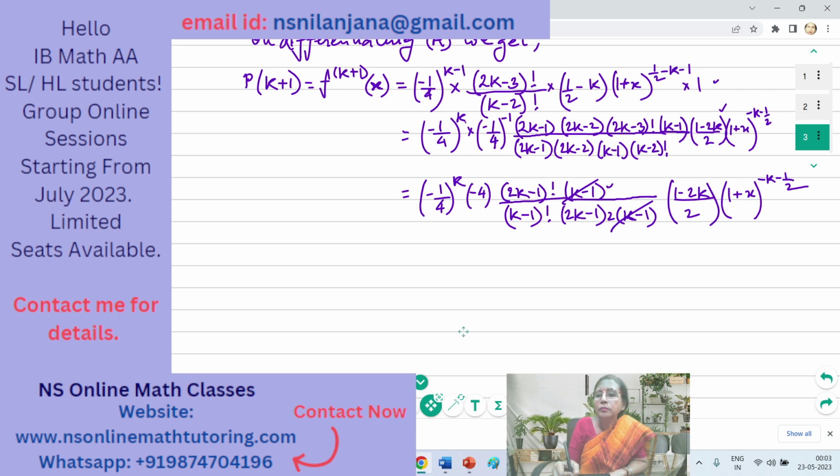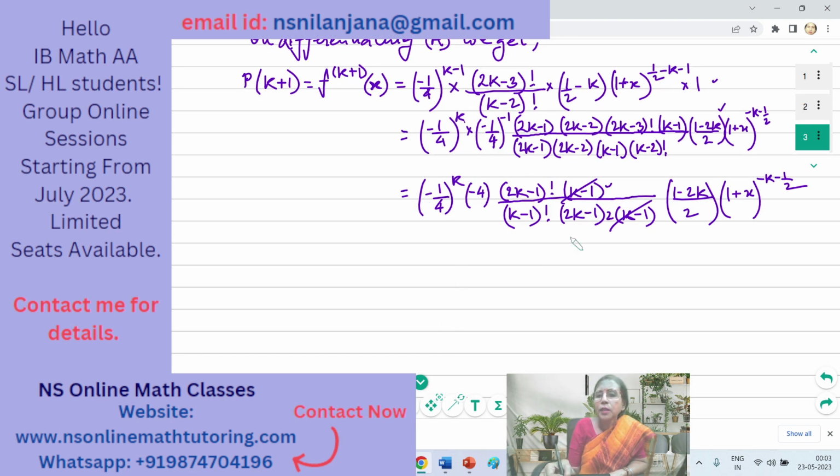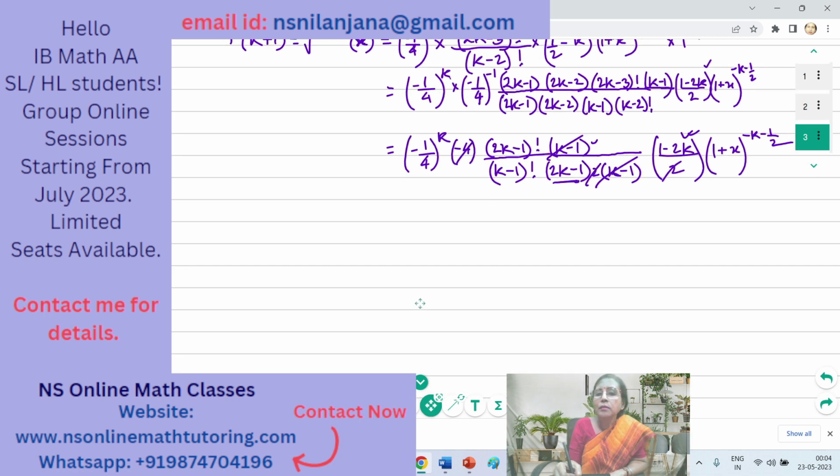So, and we are having this 4 in the numerator and we are having this 2 and this 2. So they can cancel. We are currently having the minus 1. Okay. And over here, this is 2k minus 1 and this is 1 minus 2k. So negative of 1 minus 2k will be 2k minus 1. Okay. So this can be written as